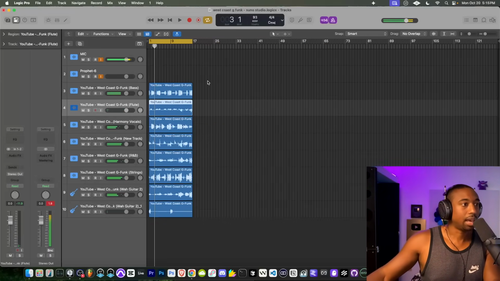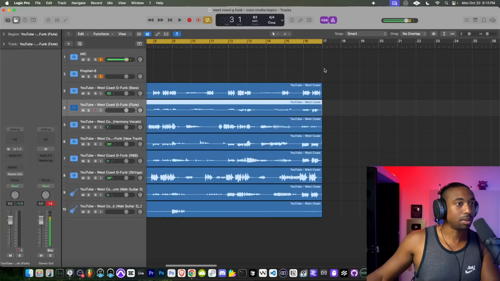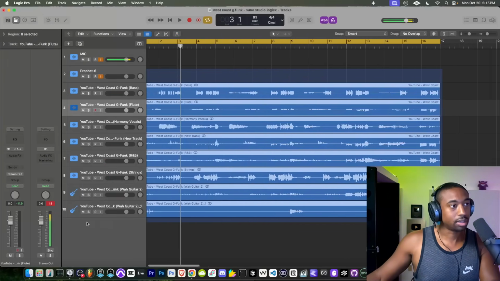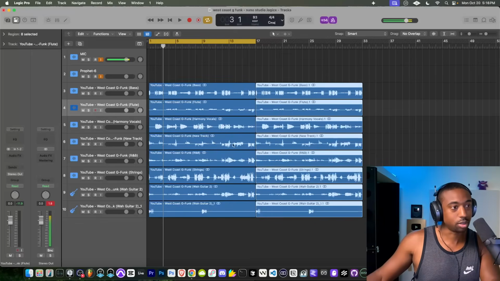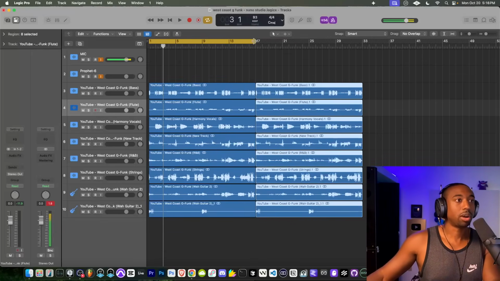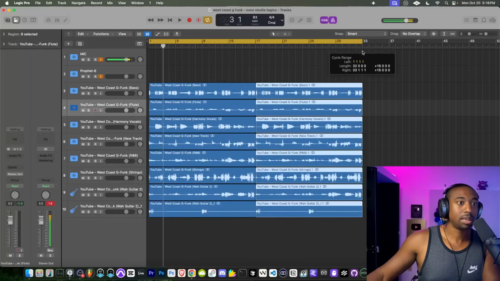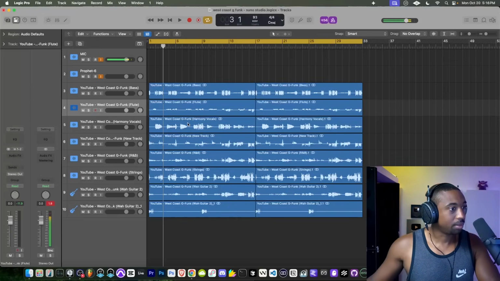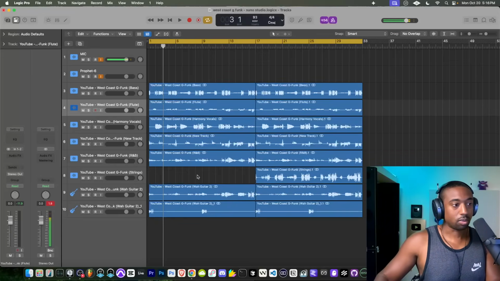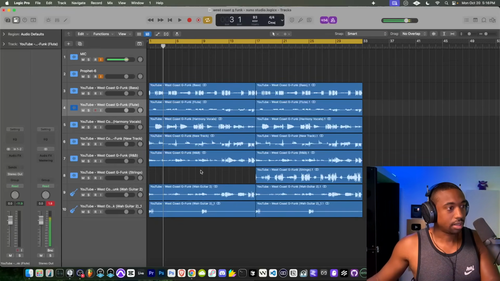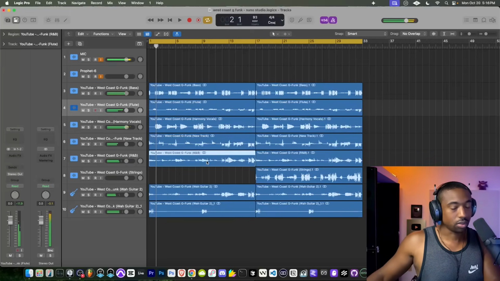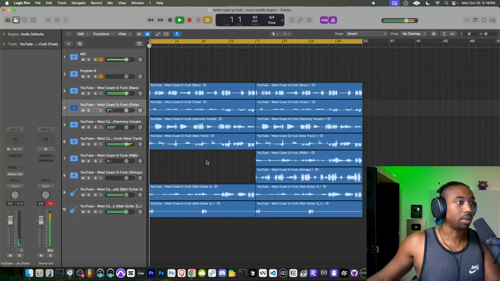Now, everything can't happen all at once. It can technically, but we don't want it to. Let's take all this stuff and let's duplicate it over. Think of it as part A and part B. So on part B, we want a slightly different vibe. I think the strings don't need to arrive right away. And I think also that R&B guitar, I don't think we need it right away.